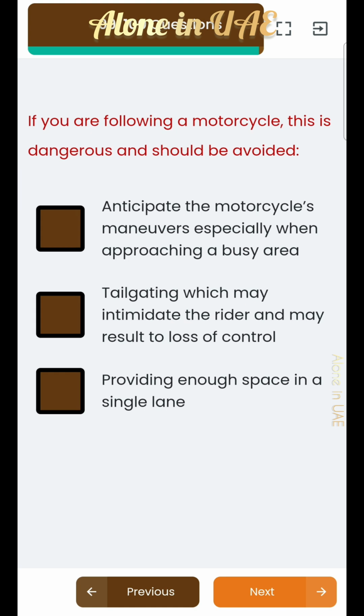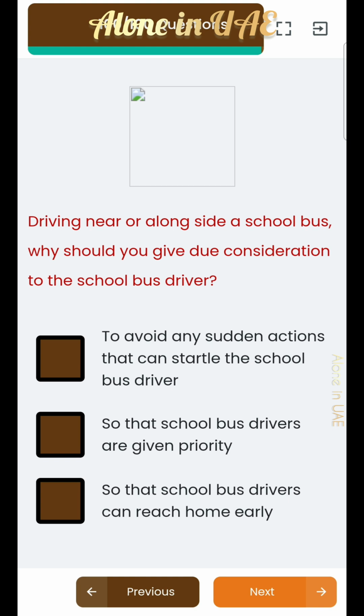If you are following a motorcycle, this is dangerous and should be avoided. Tailgating, which may intimidate the rider and may result in loss of control. Driving near or alongside a school bus, why should you give due consideration to the school bus driver? To avoid any sudden actions that can startle the school bus driver,